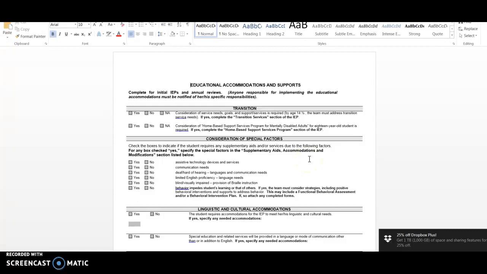The last page that you are going to complete for your evidence-based practice ISB paperwork are the educational and accommodations and supports page. If your student is going to be transitioning, make sure that you completely fill out and accurately fill out the transition section up top. Make sure that you also take into consideration the special factors that may be